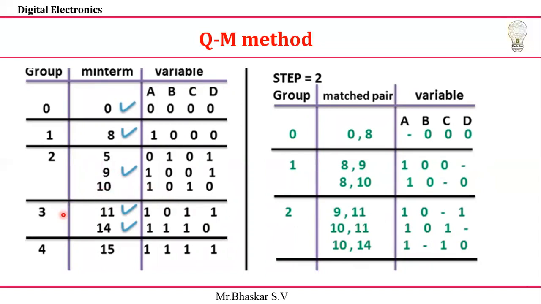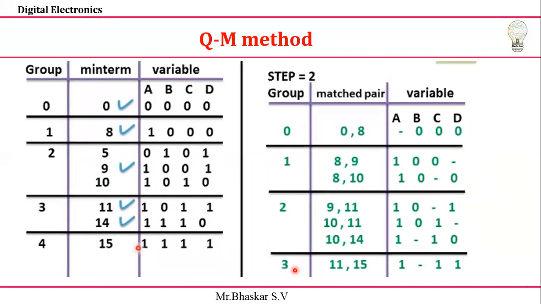Next I'm looking for 3 with respect to 4. You need to see that there are always 4 groups, and it will reduce the group number also. 4 becomes, now the final group, 3. Let's check it out. Here it is possible only for 11 and 15. 11 comma 15 is nothing but 1, the same thing is there. This bit is changing, and 1 1 and 1 1. So if I take it, I'll get 1 dash 1 1.